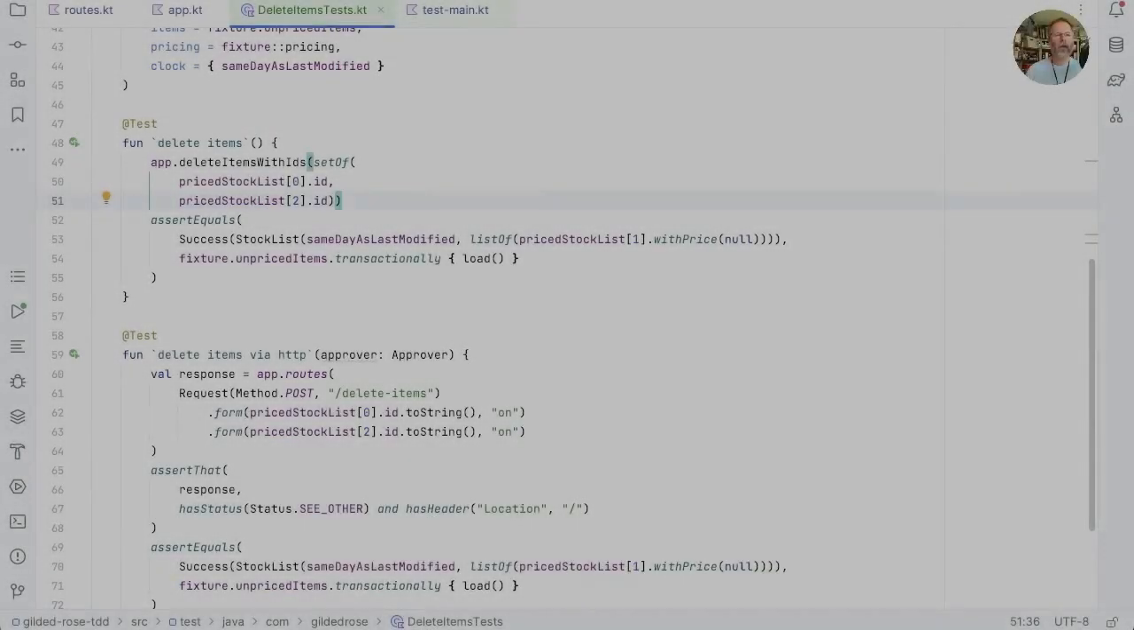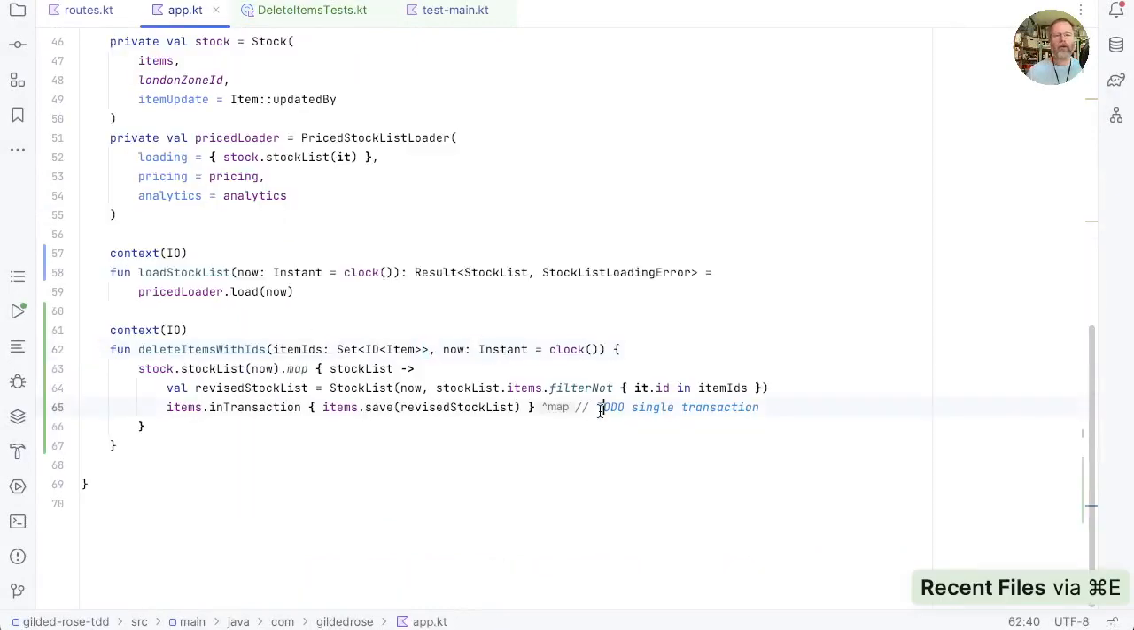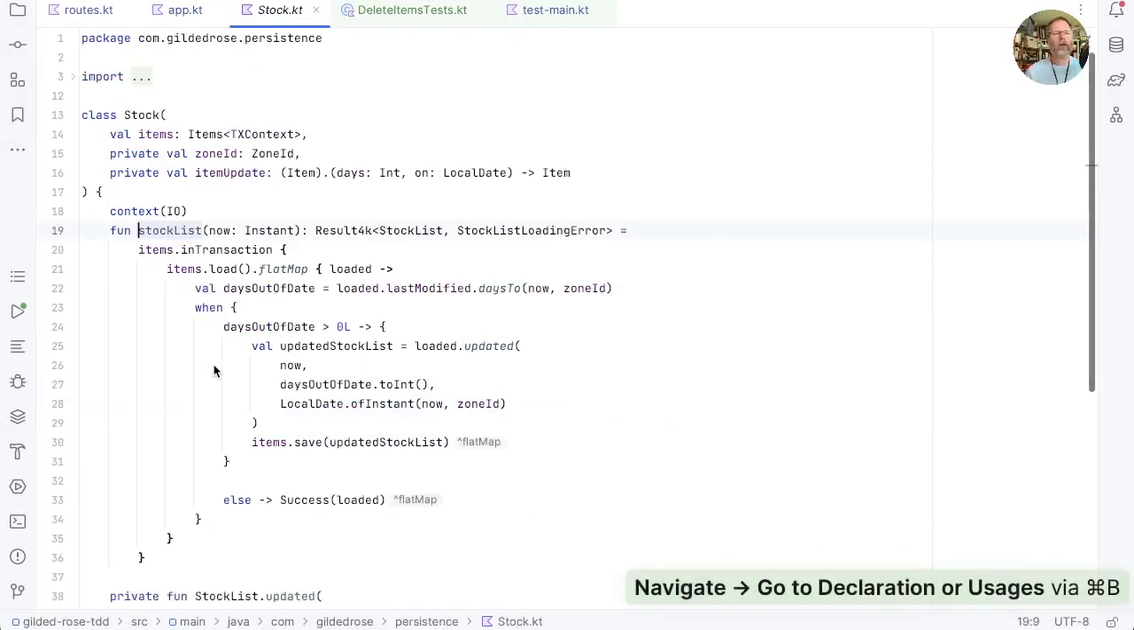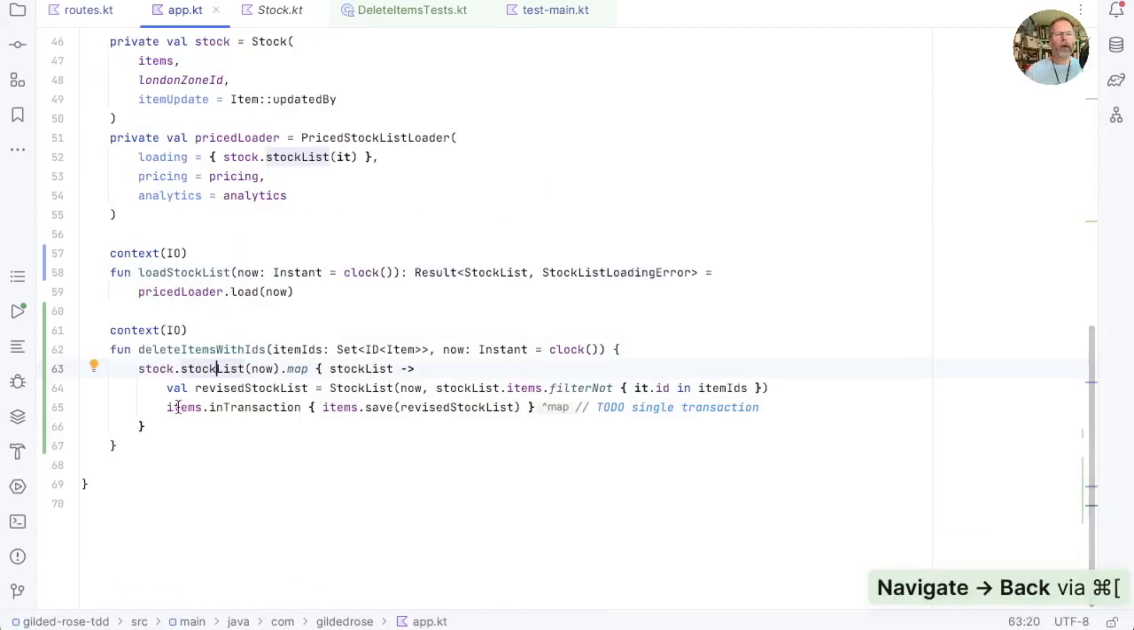Now, what about the other to-do that was in app, where we said to do single transaction? This, I think, may take a bit of thinking about. At the moment, we're calling stock list now that runs items in transaction, and then we're running items in transaction, item saved. Now, I think that we might get away with putting a transaction around all of these and having stock list